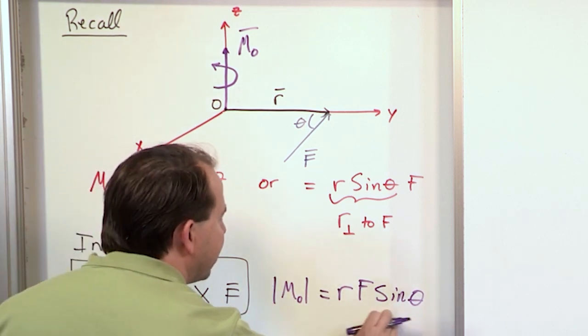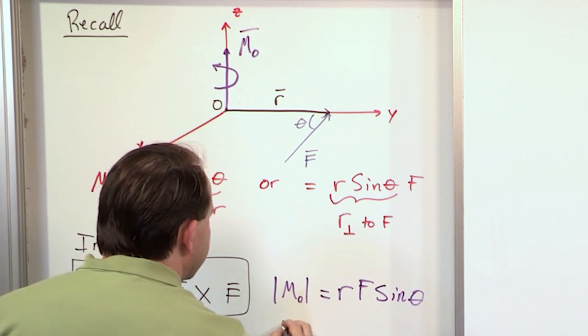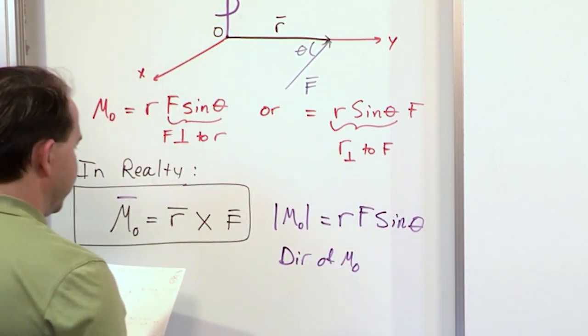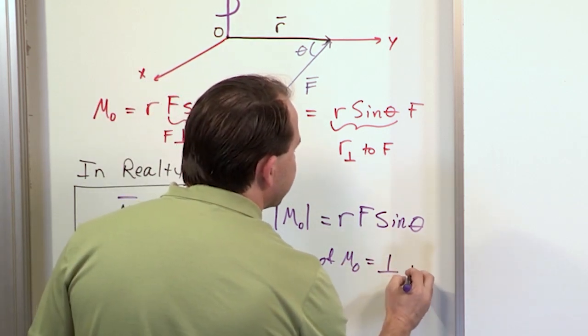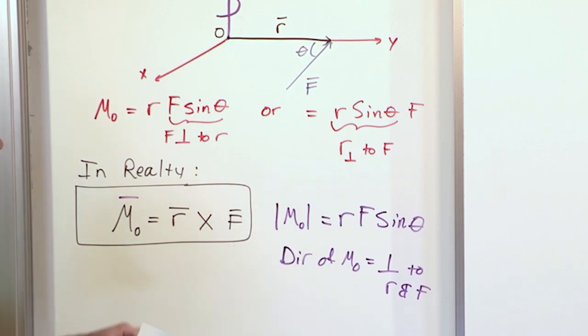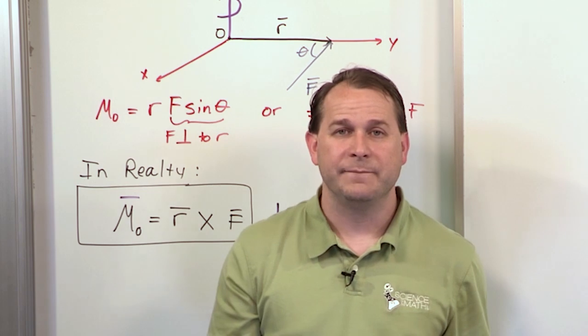The magnitude of this vector is going to be given by RF sine theta, and the direction of this vector is perpendicular to R and F. Why is it perpendicular to R and F? Because when you look at the cross product, when I talked about the cross product in the last section,